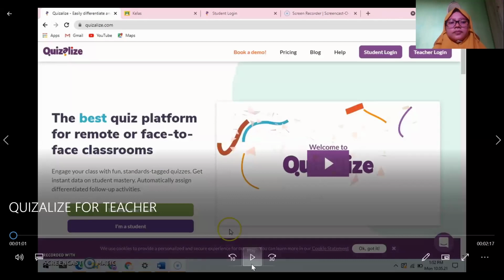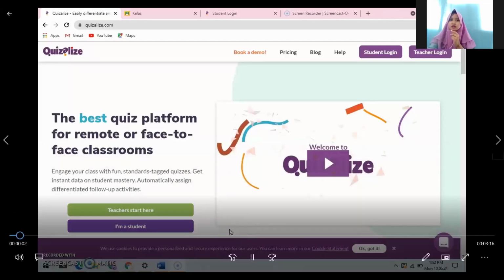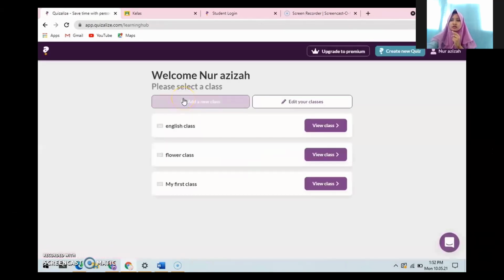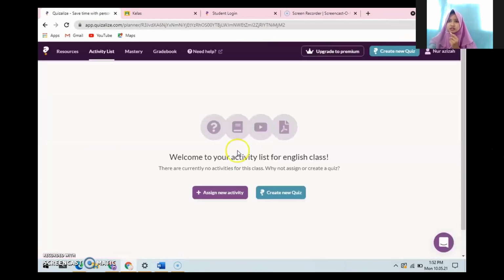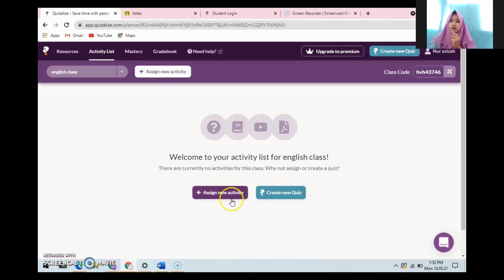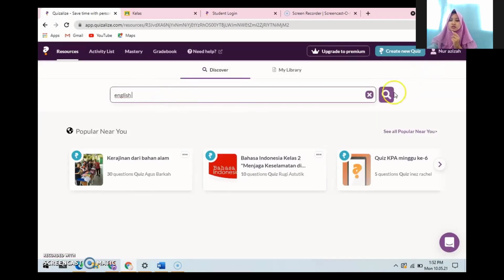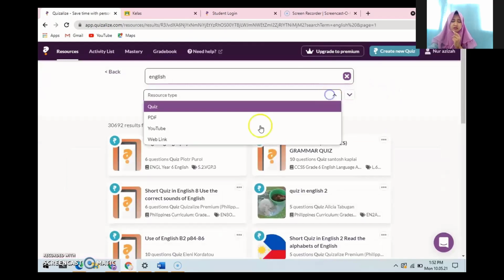Okay, thank you for the explanation about Quizalize. You can open the address on the website, and then the display will appear as below. You can log in with a Google account, and then there are add new class, upgrade to premium, and create a new quiz, and then you can view a class where you can create a new quiz by making questions. You can form a new class and give it a name, or you can connect to Google Classroom,